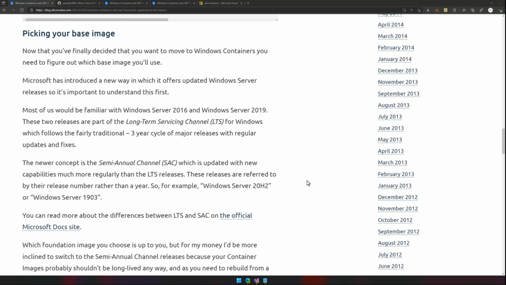So what I do here is I talk about a couple of concepts. If, like me, you've been in the industry for quite a while, you've been used to the regular cadence of Windows Server and then some version, or more recently, some year attached to the end of it. In the new world and the way Microsoft is approaching things, those server versions are called long-term servicing channel releases for Windows, or LTS channels. They still follow about a 3-year release cadence, and then they have a series of fixes and patches in between those major releases.